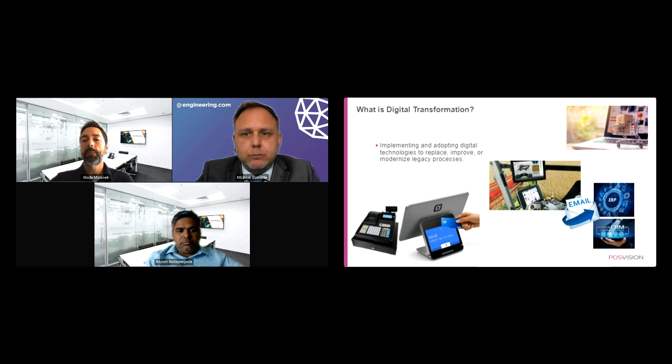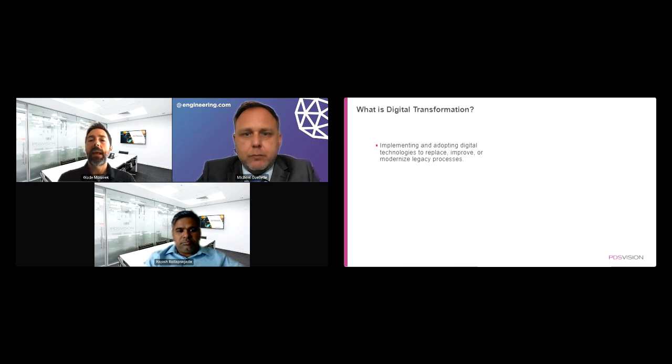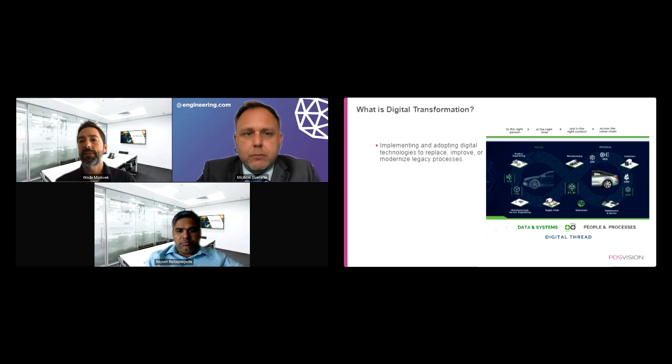What we're looking at, specifically today is digital transformation as it relates to product development processes. So, how are we taking those legacy product development processes of designing a product, manufacturing it, getting it to market? What is the digital transformation in that area? And a lot of that is digital thread, product lifecycle management, CAD, application lifecycle management is really the area of digital transformation we want to focus on today.